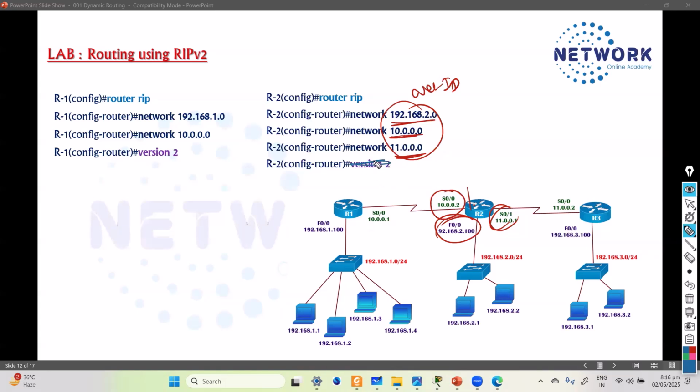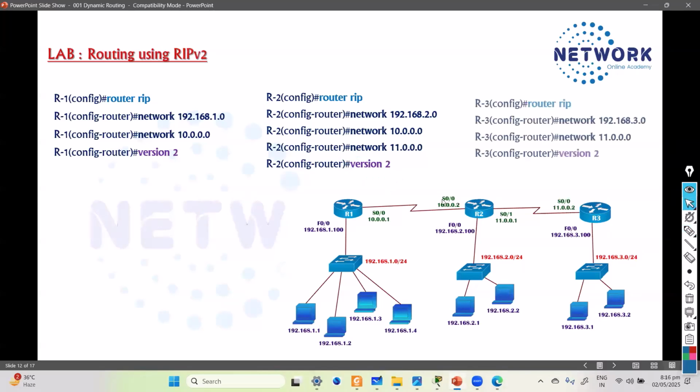So if I don't give version 2, then it will be version 1. So you should always use version 2. And remember, version 1 and version 2 are not going to exchange the routes. So if you mismatch, and you see the route exchange happens on only one side, probably it is a version mismatch. So remember that. Now, in a similar way on router 3, we have to advertise our own networks, that is 192.168.3.network